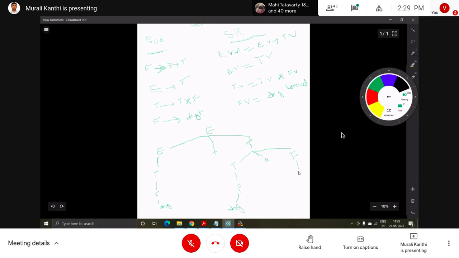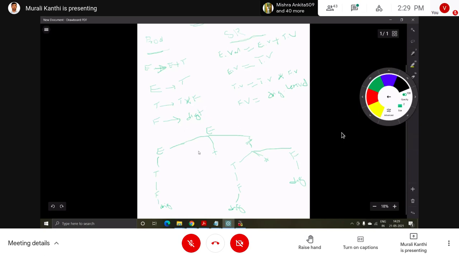Then here F produces digit. So this is the parser tree for this grammar. Just a parser tree.